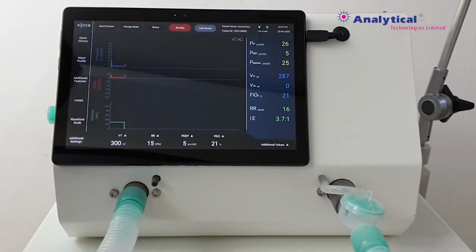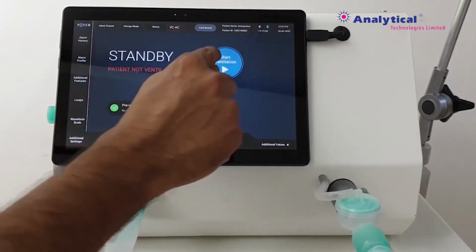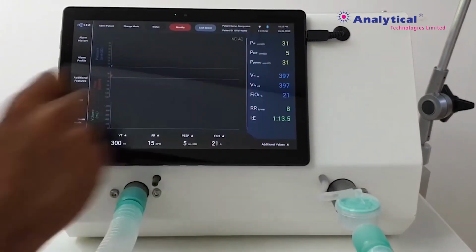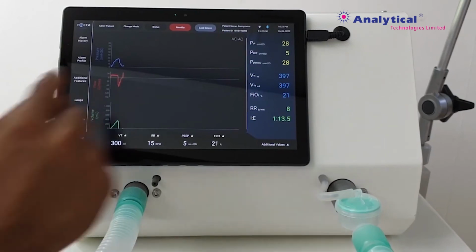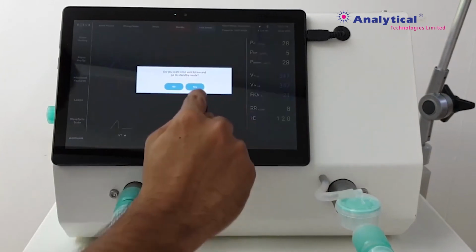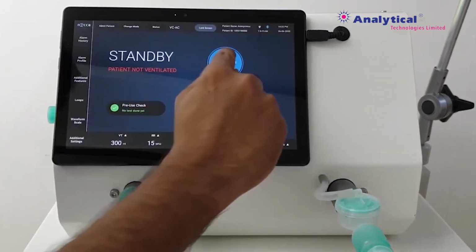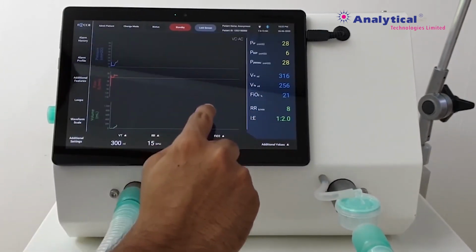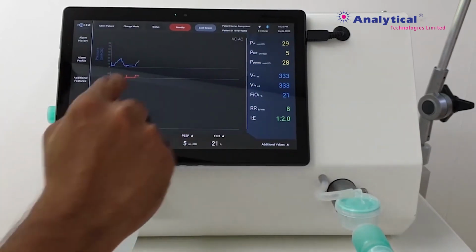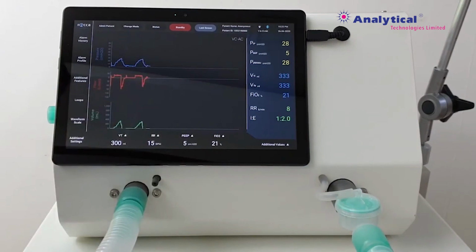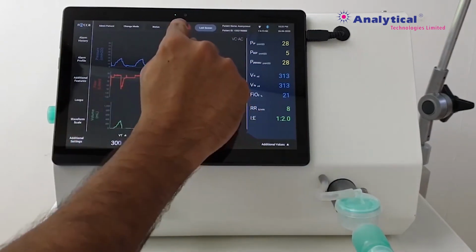The Nokark V310 user interface remembers the last user ventilation mode settings for each and every mode. For example, run the ventilator in PRVC SIMV mode at some set parameters and then switch to standby or some other mode. The settings of the previous mode remain unchanged. Here, you can see the previously applied settings and parameters have not changed.